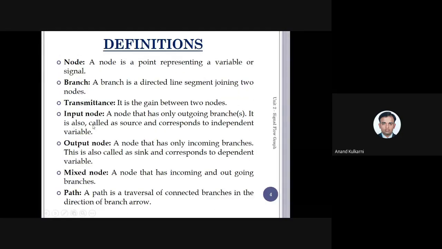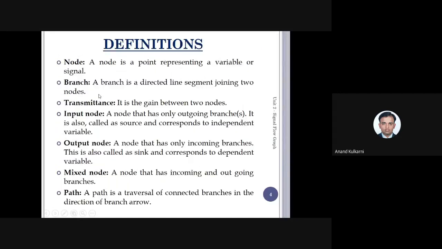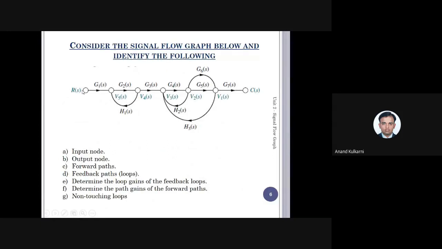Then there is something which is called an input node. A node that has only outgoing branches is called the source, or the corresponding input node. In this case, this node, that is 1, is called the input node. Why is this called the input node? Because it is the node that has only outgoing branches. Here, this has only outgoing branches. It has no incoming branches. See here, I cannot call this a source node. Why? Because there is one outgoing, but there is also an incoming branch. Apart from this, there are no other nodes which have only outgoing branches. Just observe here. I cannot say this except this one.